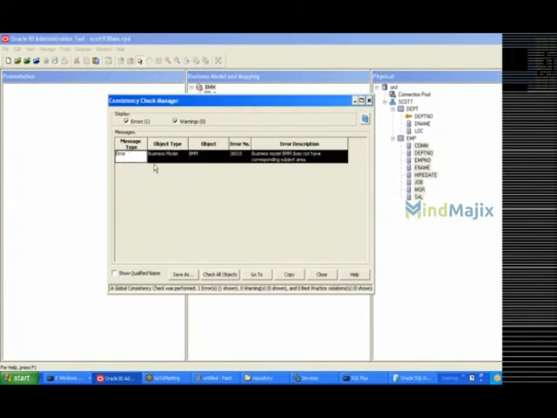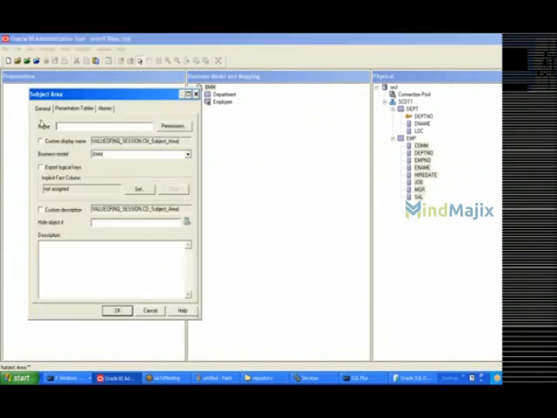Okay, so right-click in the presentation layer and say New Subject Area, and here provide the name of the subject area that you want. So here I am providing the name as presentation underscore 9:30 AM. Okay, so this is the name that I am providing for this subject area.